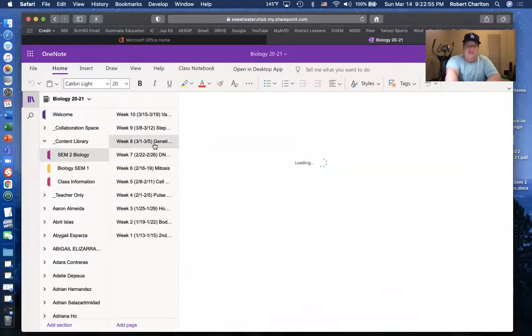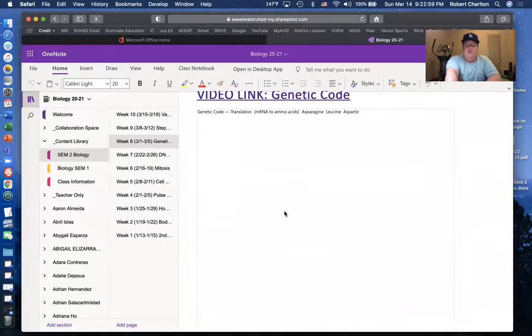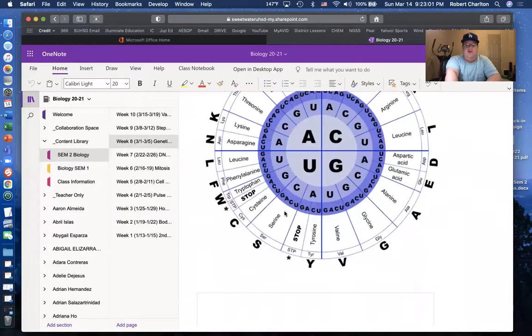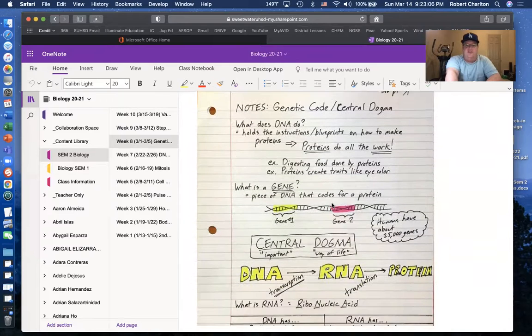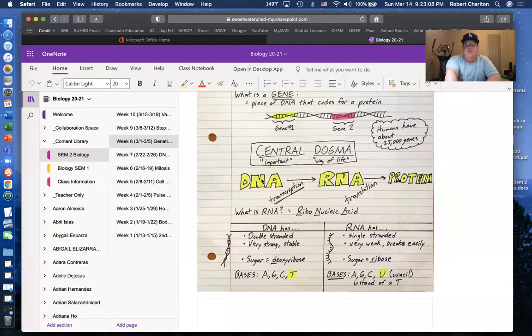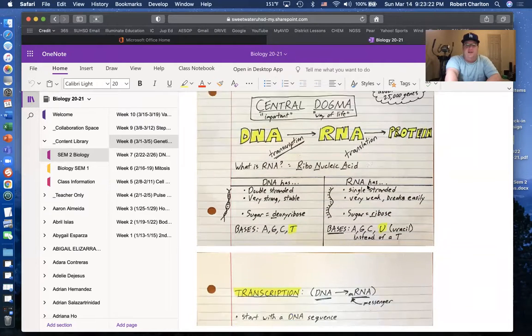And then on week 8, we talked about the genetic code. We took notes on this thing right here, on how to use this. This is the genetic code, but the notes we took talked about what is a gene, the dogma or central dogma of DNA going to RNA, going to protein, how the DNA information being turned into RNA information is called transcription, how the RNA information being turned into protein is called translation, what is the difference between DNA and RNA,